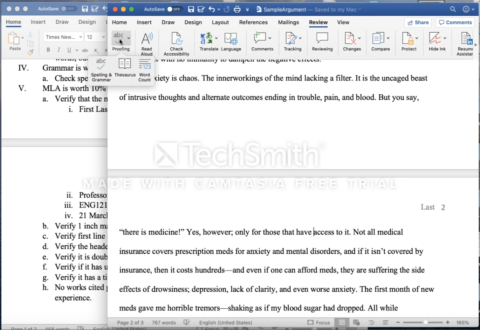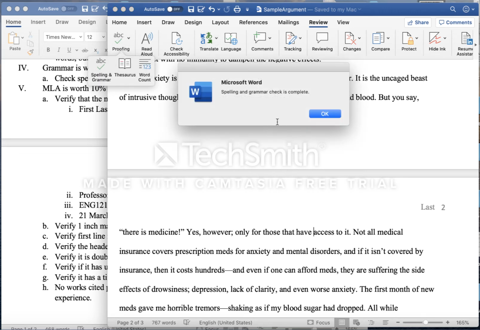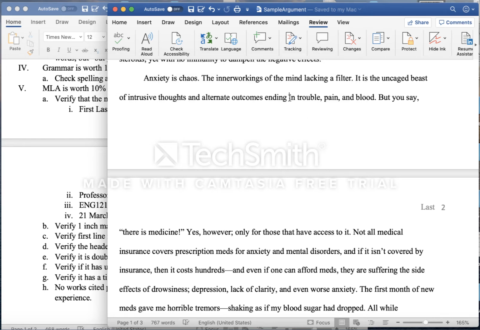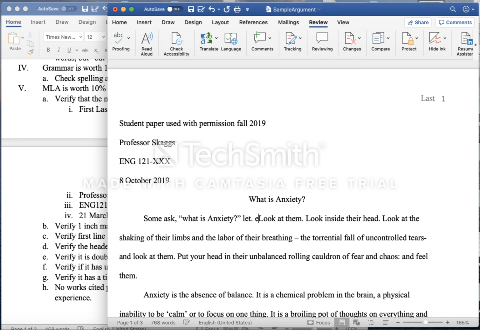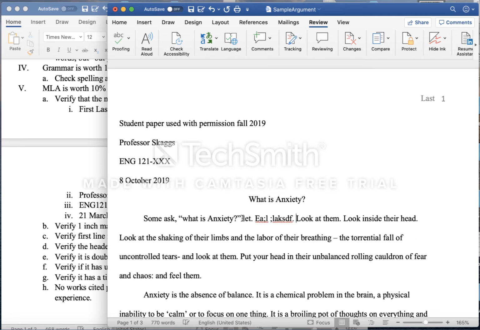proofing. So we're going to have it do a spell check. And there were no spelling errors. If there were, so let me put in weird stuff. So when it has a red underline, that means it's a misspelling, and you can help the person with spelling. If it has a blue underline, let's